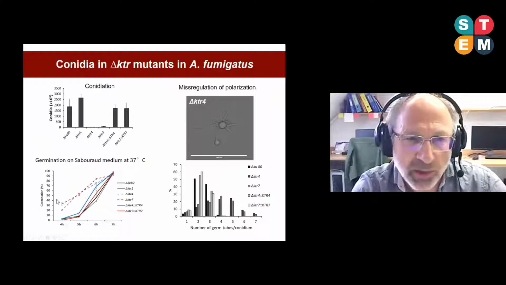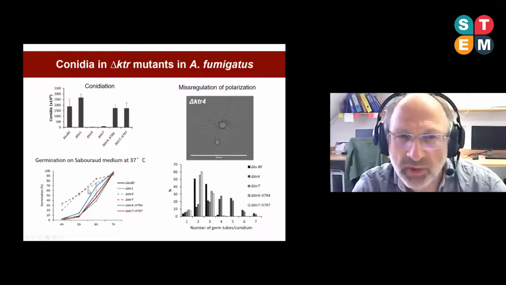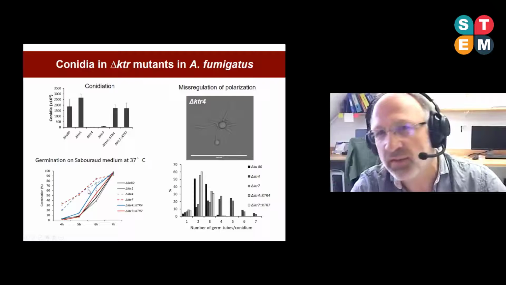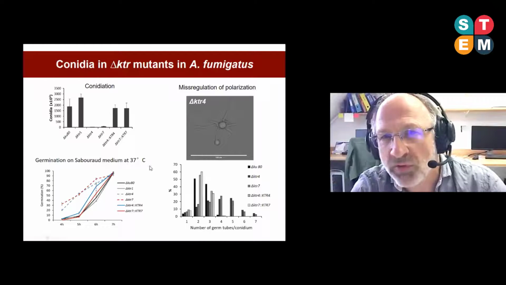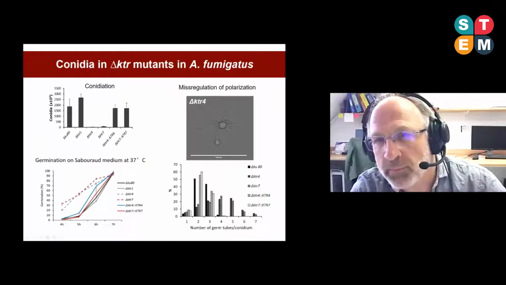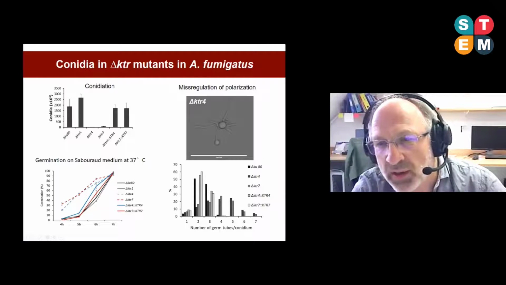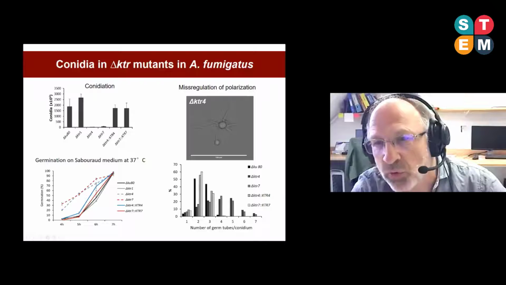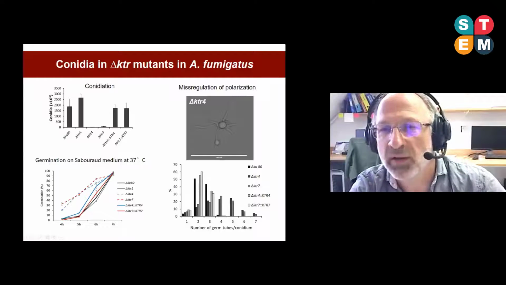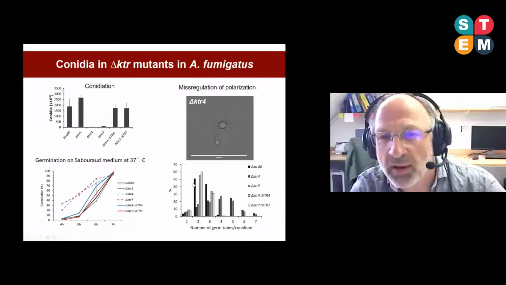They germinate faster, showing there is a defect in the cell wall. And also the number of germ tubes per conidia is increased. We get up to 7 germ tubes per conidia in these 2 mutants, whereas there are only 2 or 3